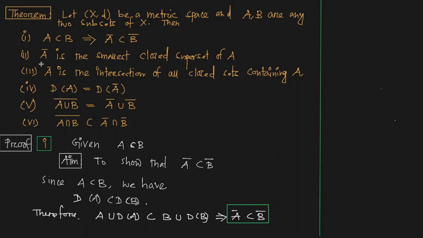So next property, next A bar is the intersection of all closed sets containing A, এটা আমাকে প্রুফ করতে হবে। আমি ধরে নিচ্ছি let B be the intersection of all closed sets containing A, তাহলে আমি কি দেখাতে হবে, B is equal to A bar, ঠিক আছে।